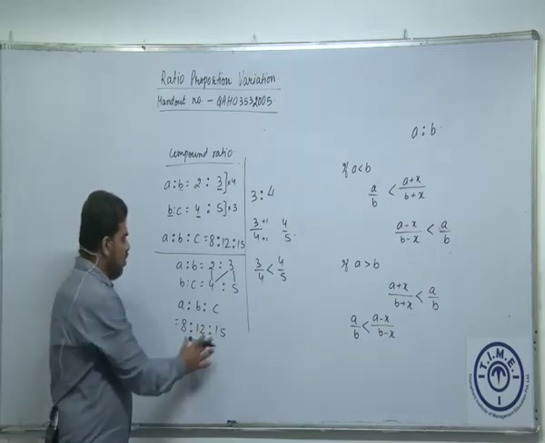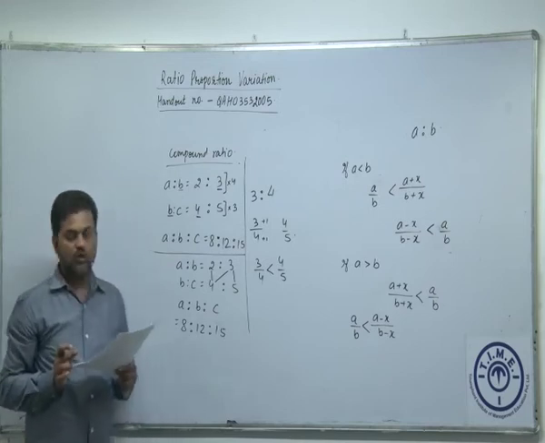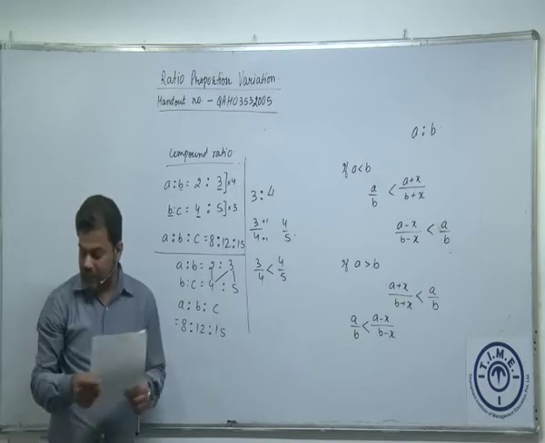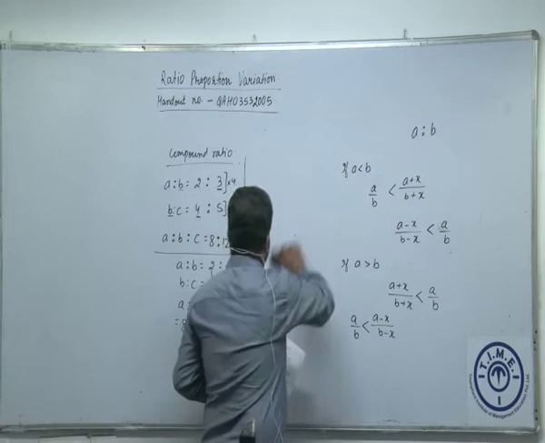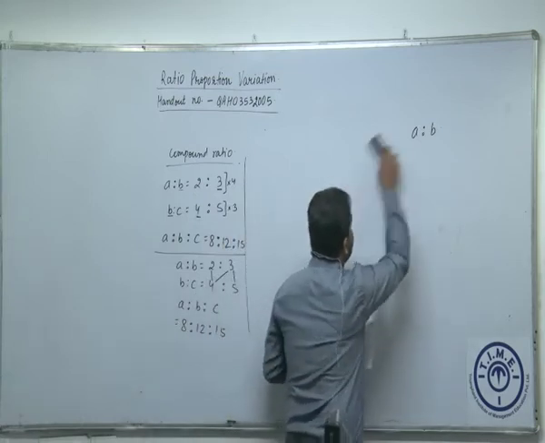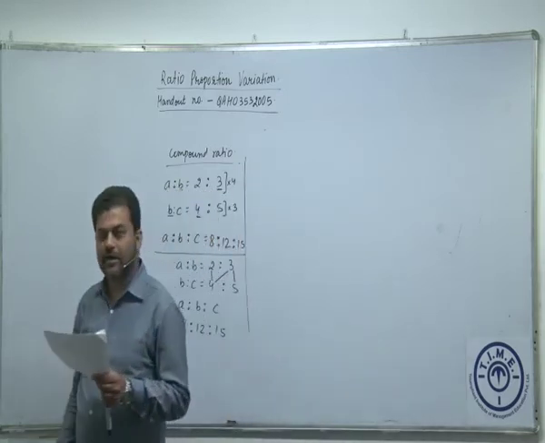Okay, let us try one question here. So that question is question number 2 on the first page. So we have an application of compound ratio here. Let's see how we can do this. So we have three ratios being given here, right? We have A is to B, we have B is to C, and D is to C.